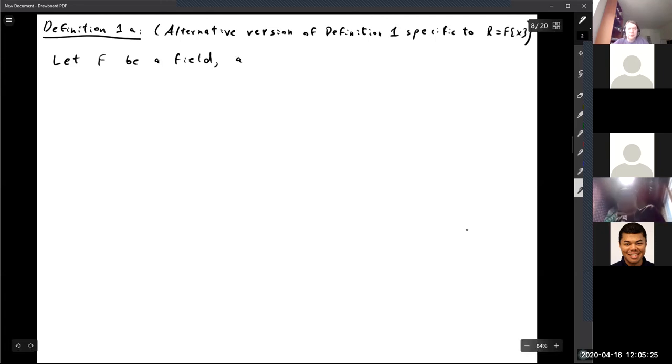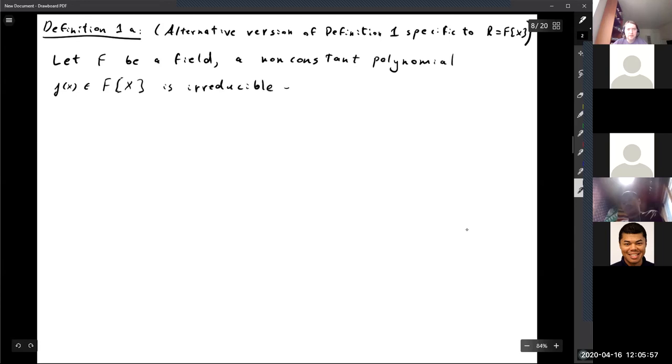Then an unconstant polynomial f of x in this polynomial ring of polynomials in one variable is irreducible over the field F